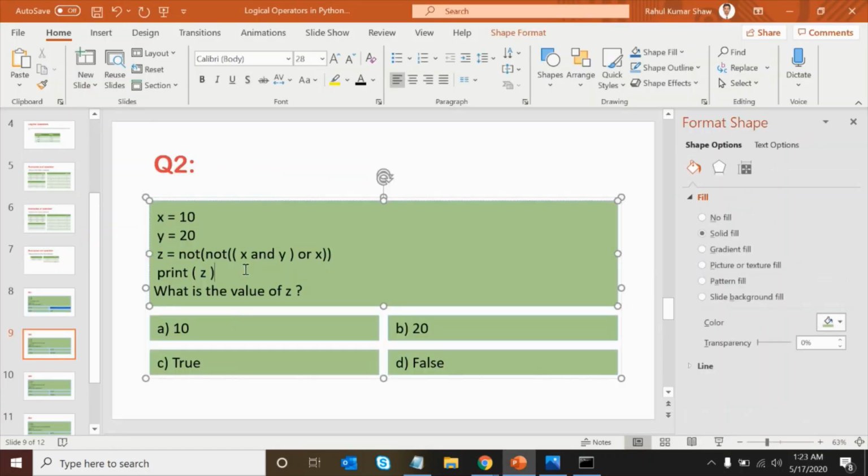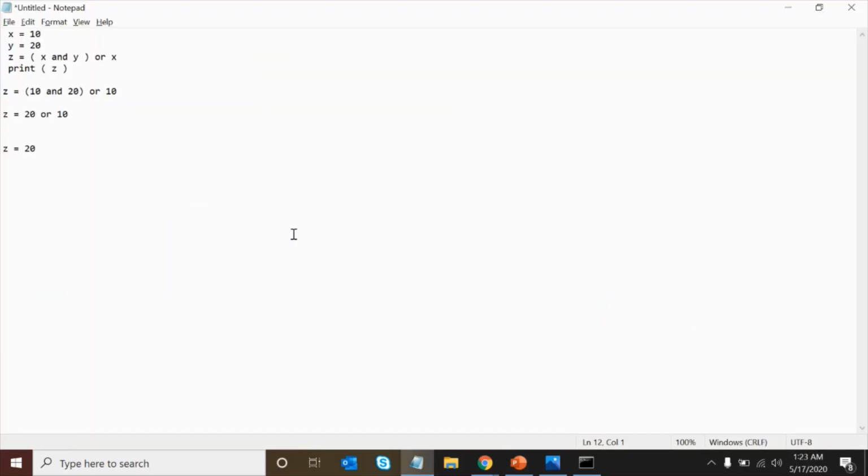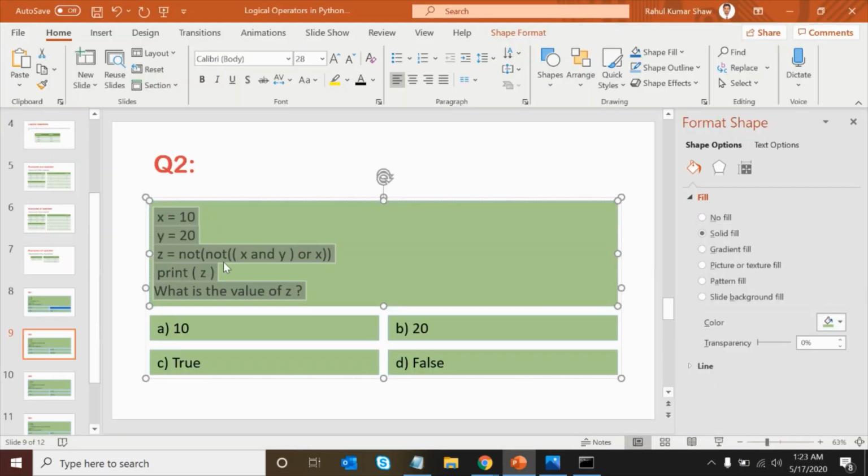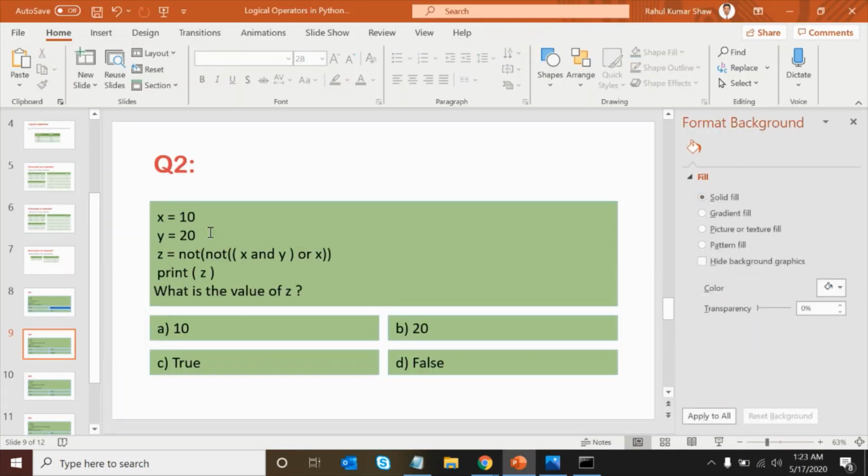Let's copy this question, and I'll come to my text editor and paste it here. Again, we have to tell the value of Z. So the question is: x is equal to 10, y is equal to 20, z is equal to not of x and y or x and z. Tell me what is the value of this.